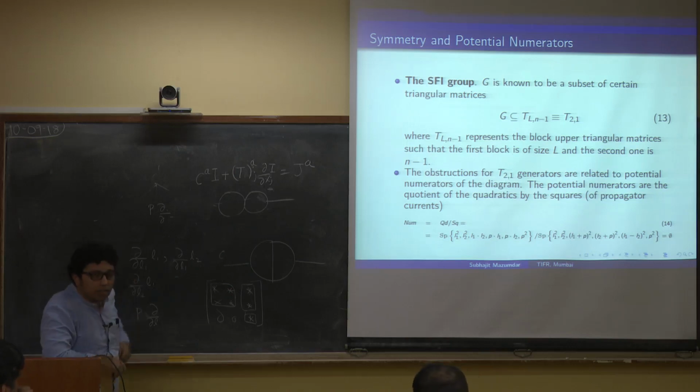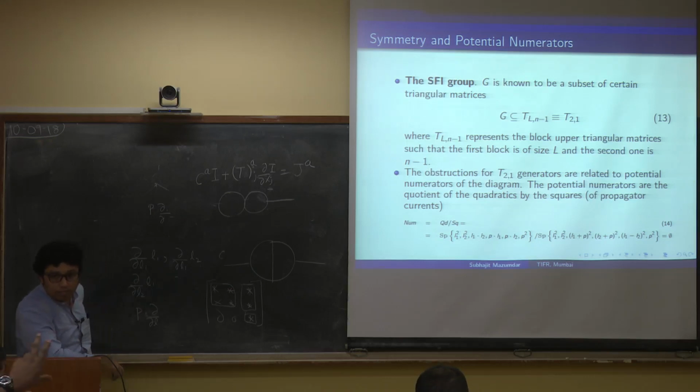Wait, so the P(L, n minus 1) will be a general L cross L block, and then there are n minus 1 rows where everything is 0 until you reach the diagonal. Is that what I can understand in P(L, n minus 1)? Just two blocks, block upper diagonal. Upper diagonal, sorry. Yes. So there are two blocks in the diagonal of sizes L and n minus 1 respectively. Yes. The remaining part you just fill up according to the